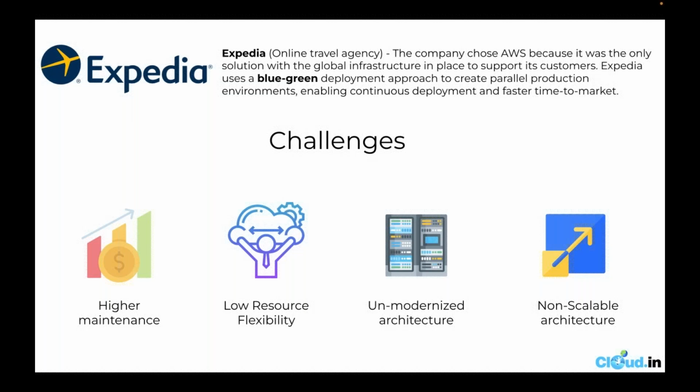Okay. So the main challenge that Expedia faced was that they were running a large portion of their business-critical applications on a legacy on-premise infrastructure. So it was very difficult to scale, manage, and maintain. And as Rutuja mentioned earlier, it is not a very cost-effective solution when scalability and flexibility are required.